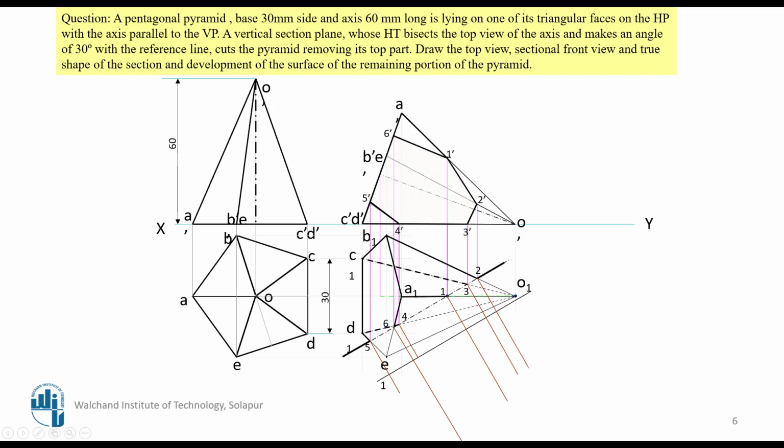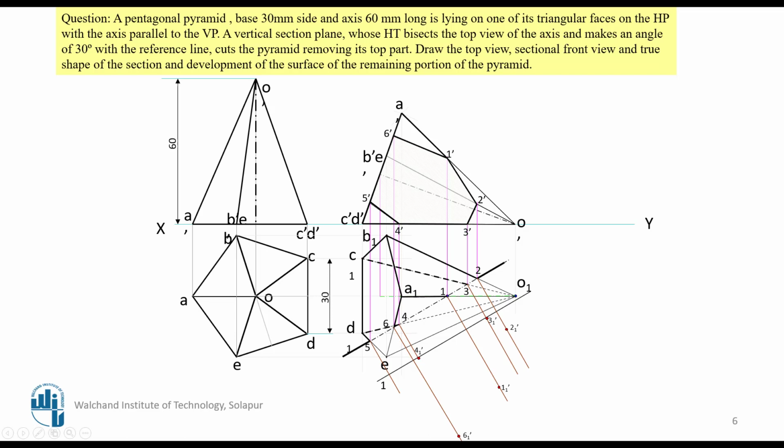For the true shape, once again this is a reference line. Draw this side all the points from these particular cutting points, and the corresponding points you measure from here wherever they cut. I will explain just one point, the number 1 point. This is 1 here and this is the length. One projector is cutting the XY line here. Keep the compass here, take this distance. Same point you keep it here, then you cut this side. Wherever it cuts, that point you give the naming 1. Similarly, this is the 2 point, it is going to cut here. Measure the distance of point 2, then keep the compass here, then cut this side.